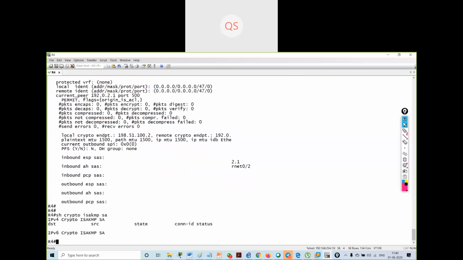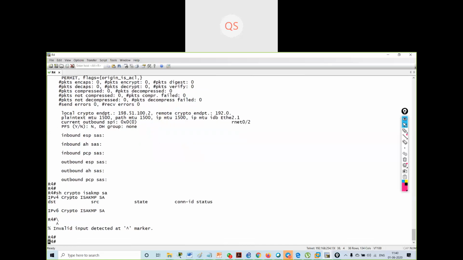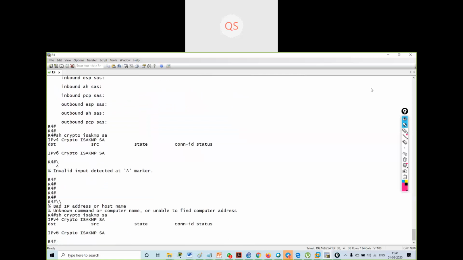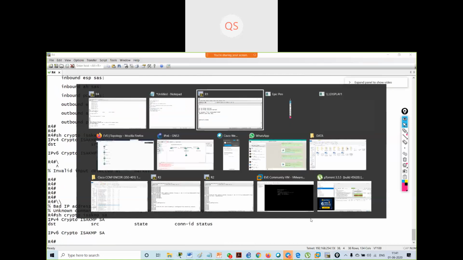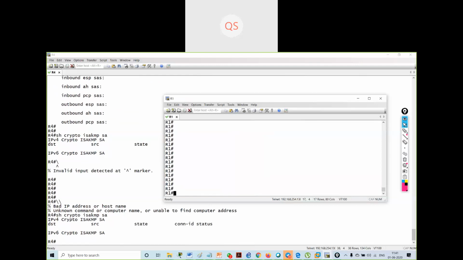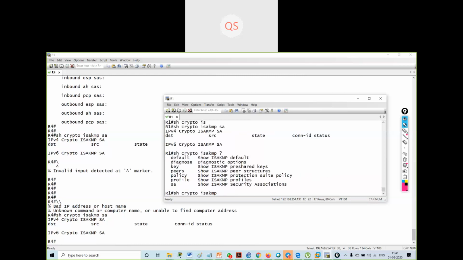Why is this not giving me the output? Show crypto ISAKMP SA. Show crypto ISAKMP peers.